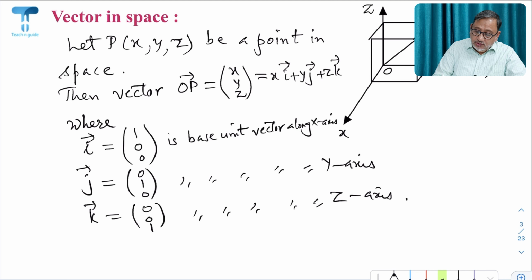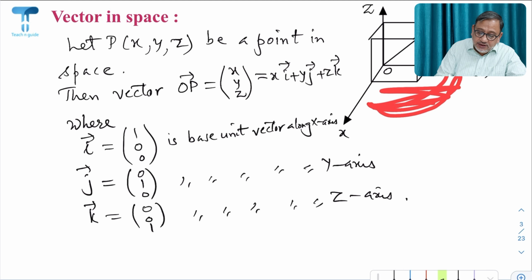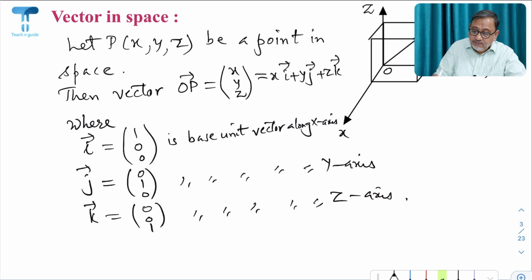Okay, so we also know that when we draw a perpendicular from P to the xy plane, look here, this is the xy plane. In this plane, when we draw the perpendicular, let us call it PM. Then in the YZ plane, PN, and in the ZX plane, look here, this is the YZ plane. Now this is the ZX plane, PM, PN, and PR, suppose we call it,